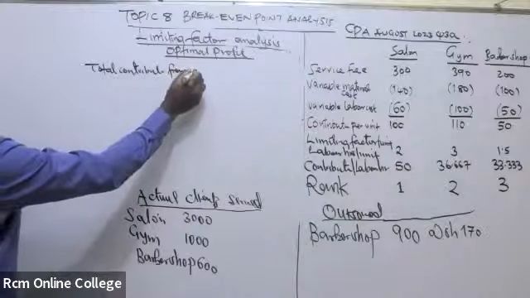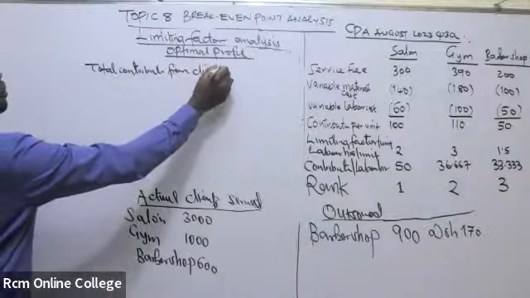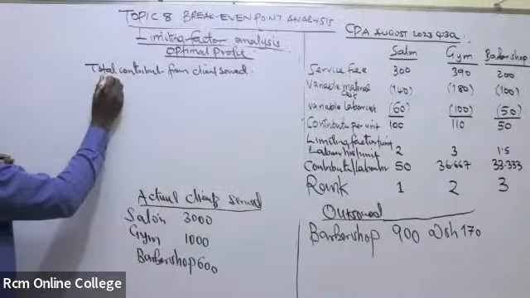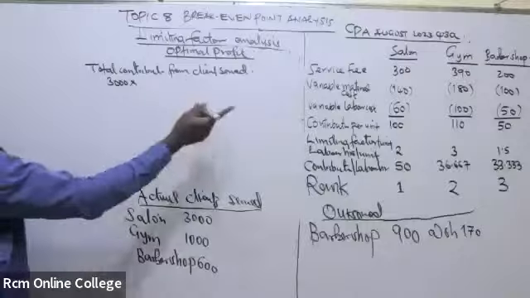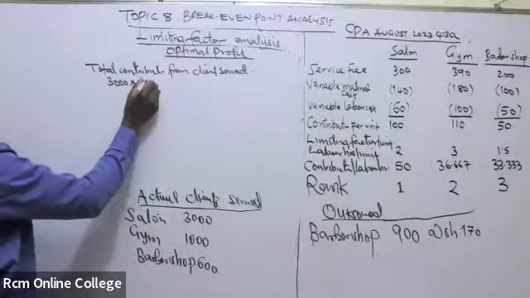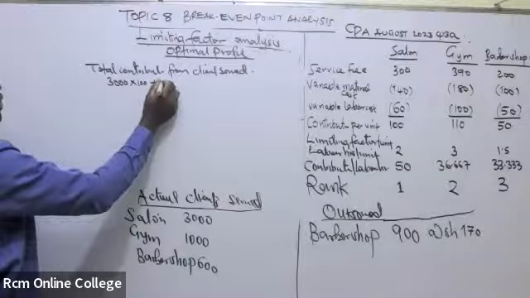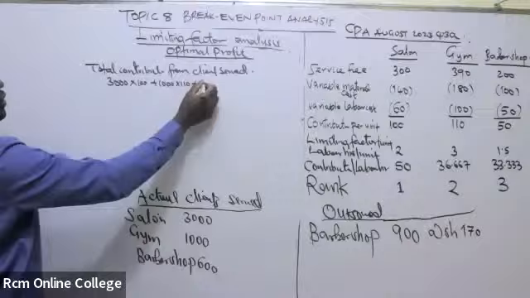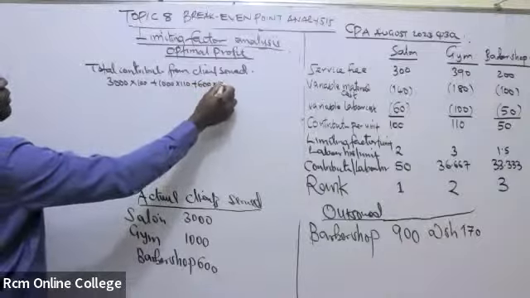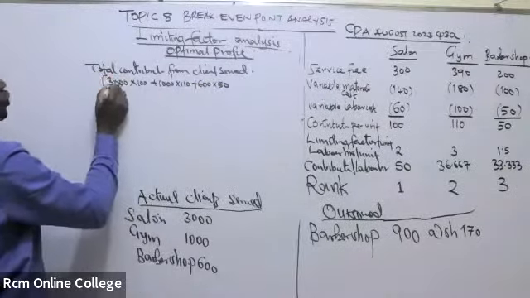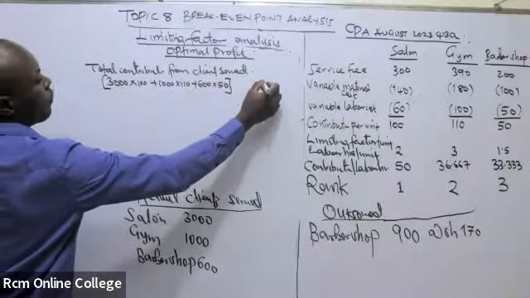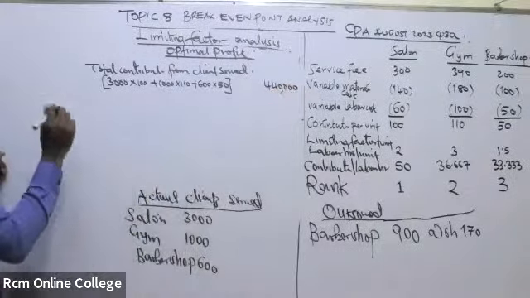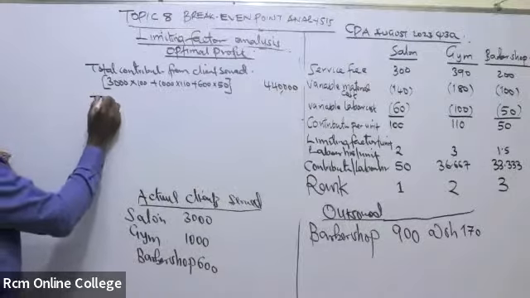from clients served. So they served 3,000 and the contribution is 100. Plus they served 1,000 times 110. Plus they served 600 times 50. If I bring all this together, we are getting 440,000. Then we go to total contribution